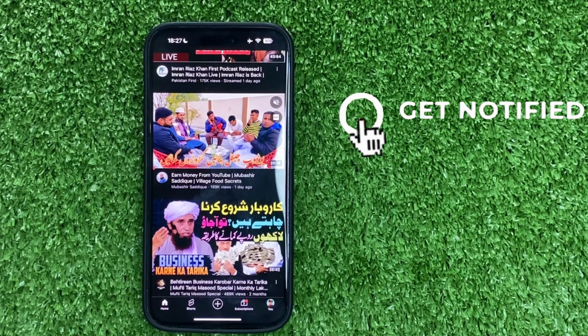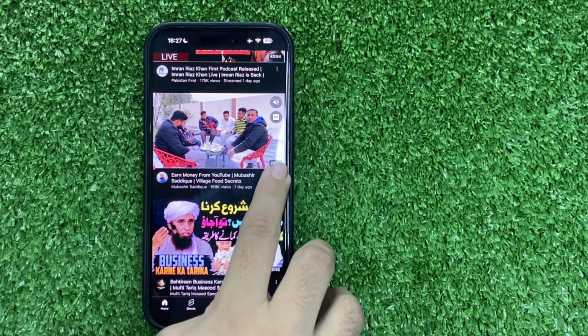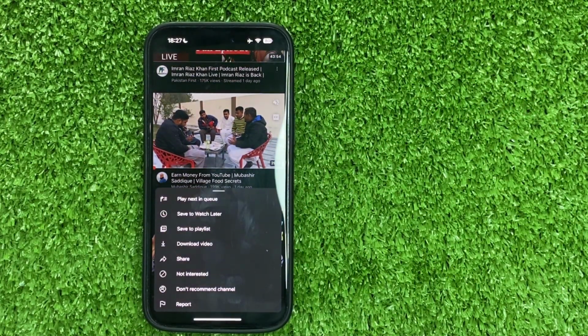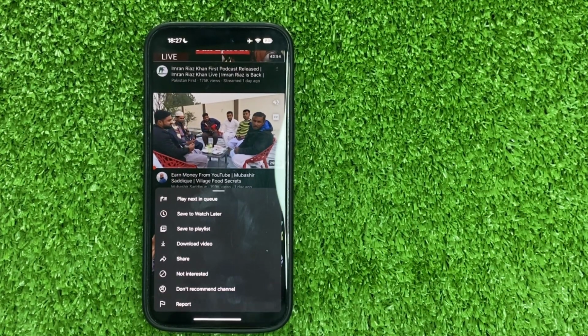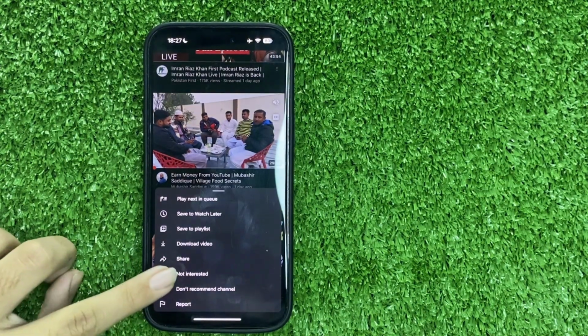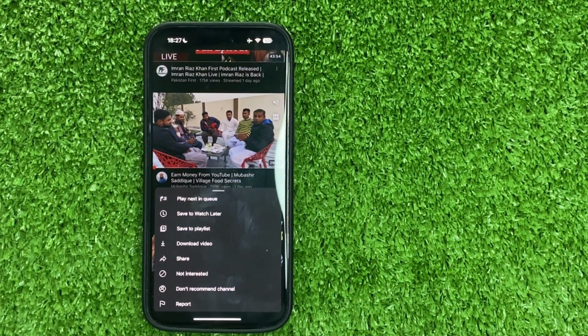For this, just click on the three dots right here. After tapping the three dots, a small menu will appear in front of you. Right here, you will see a button labeled Not Interested. If you do not like this video, you can click on this, and that kind of video will not appear